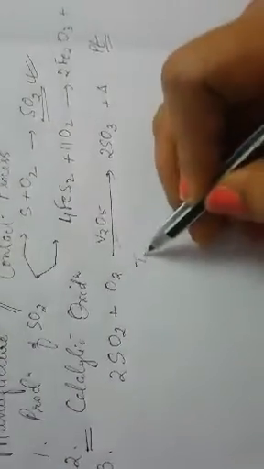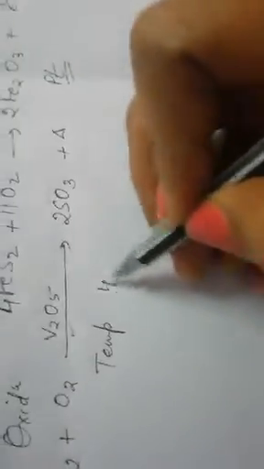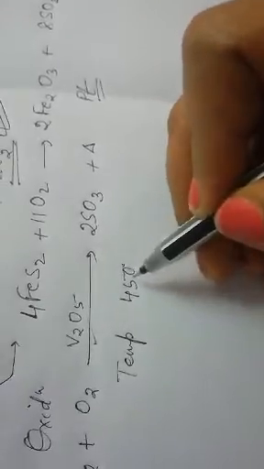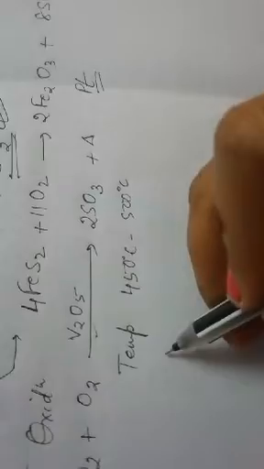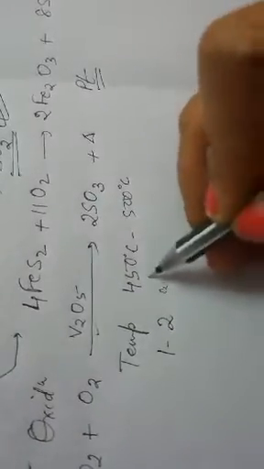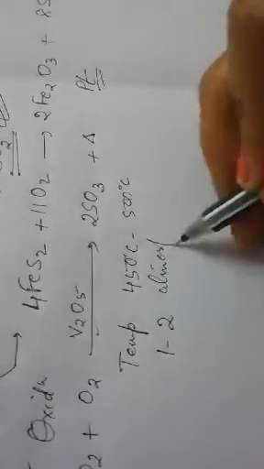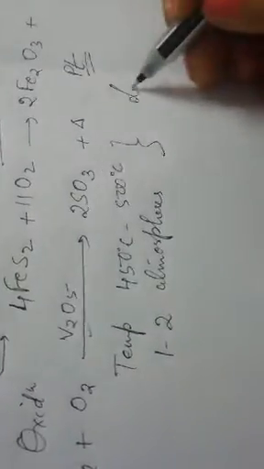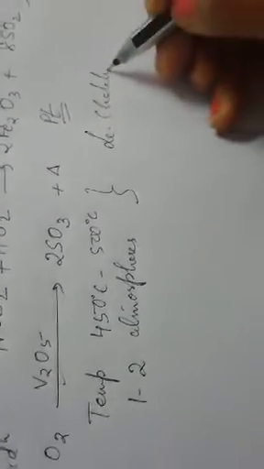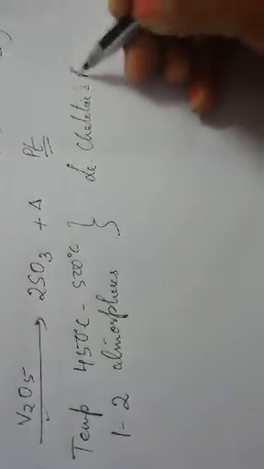And the conditions of temperature is 450 degrees Celsius to 500 degrees Celsius, and the atmospheric pressure required is 1 to 2 atmospheres. Now these have been deduced on the basis of Le Chatelier's principle also. Clear? Now the third step,